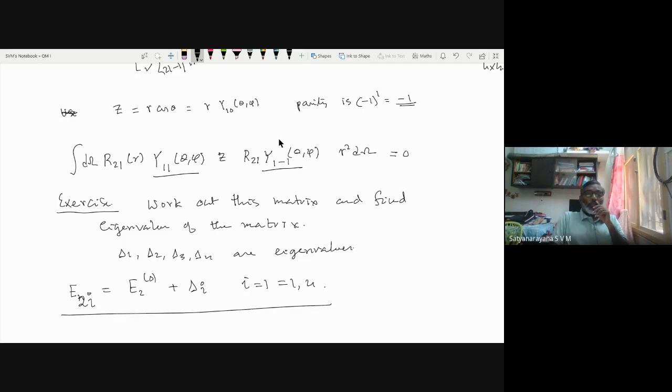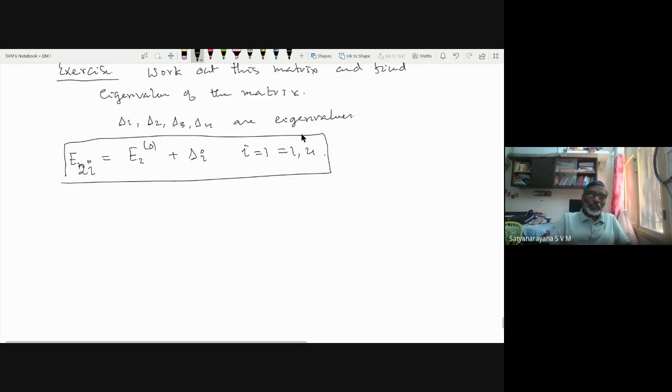Suppose if some delta I are 0, then the fourfold degeneracy will be lifted partially. If all delta I are non-zero, then full degeneracy will be lifted. If some delta I are 0, it will only be partially lifted. So it may have some problem like this, right? Suppose I had 4 levels like this before perturbation. Now this can become